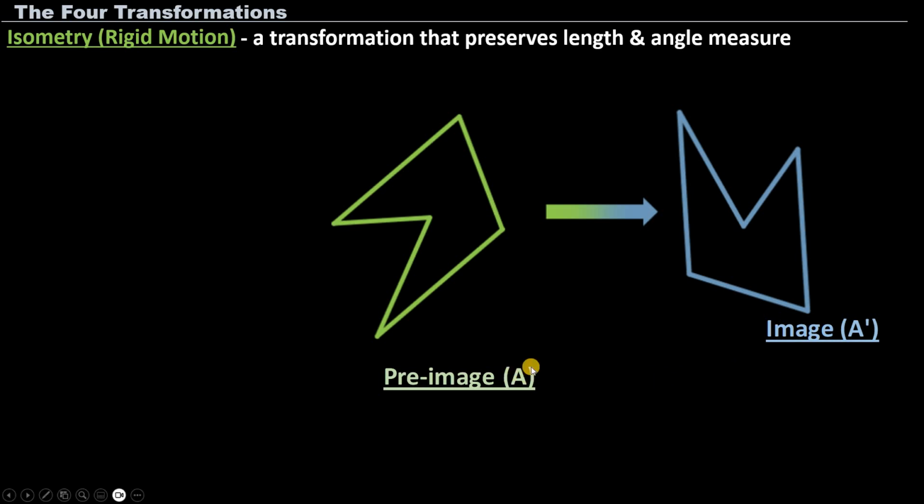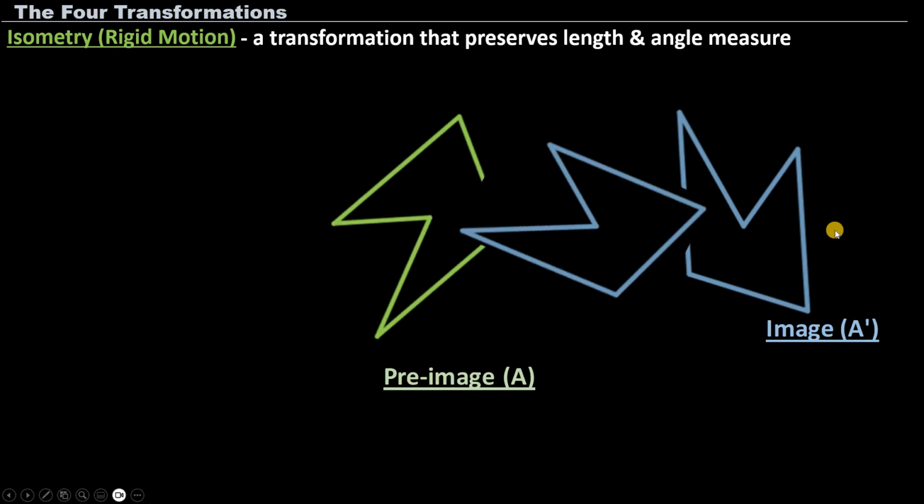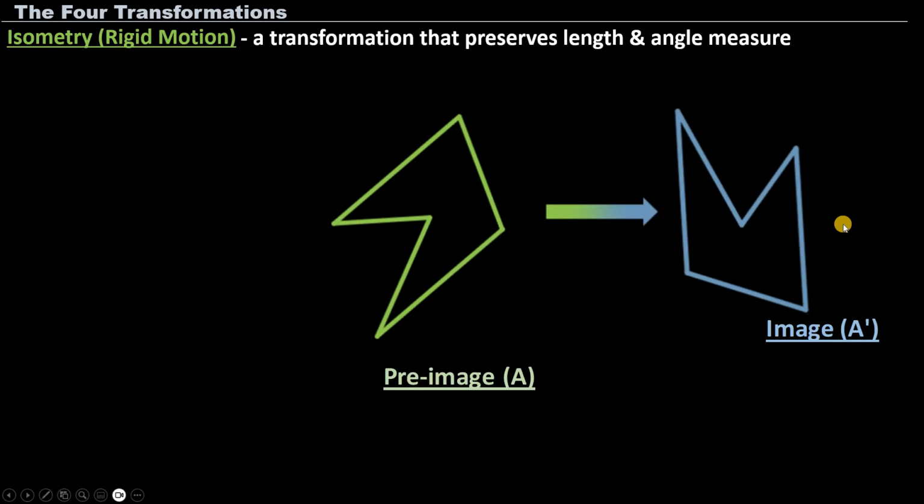And the way that we're able to see that it's no longer the pre-image is because we have this little prime symbol with it. This is A prime. This is what happens after the transformation. Now as we look at these two images, we can see that they're about the same size. This blue one is just facing in a different direction. And so we can see that this most likely is a rotation that has been applied to my image. Because the only thing that happened to it is a rotation and the shape itself has not changed its size, this is a rigid motion. The lengths of the shape have been preserved, the angles are still the same,